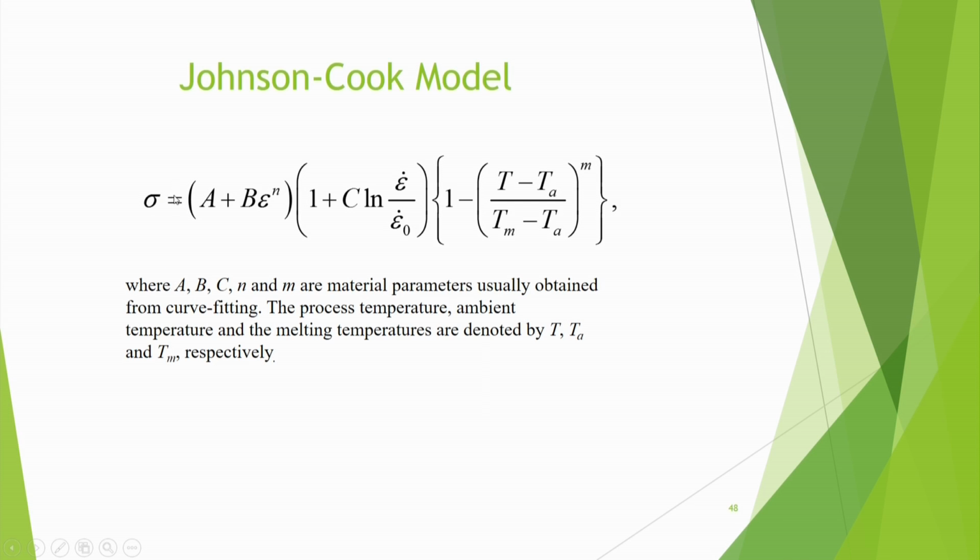Here sigma is the flow stress of the material. This part is the strain hardening part. This part is the strain rate effect part, that means viscoplasticity. If epsilon dot is increasing, then this function will increase and sigma will increase. Like when epsilon increases, sigma also increases; when epsilon dot increases, it also increases. But here one logarithmic term, a natural log, is there. That means it will increase, but that effect will be significant only if you give a large variation.